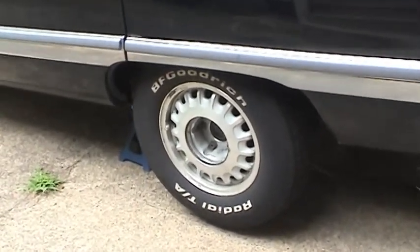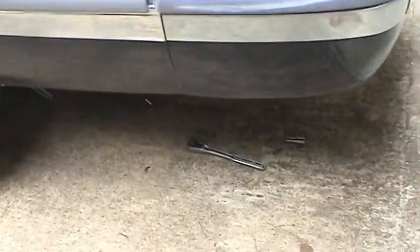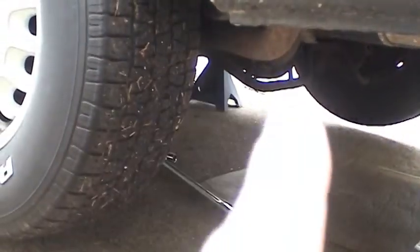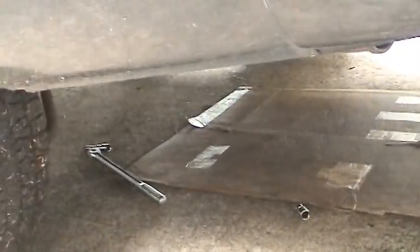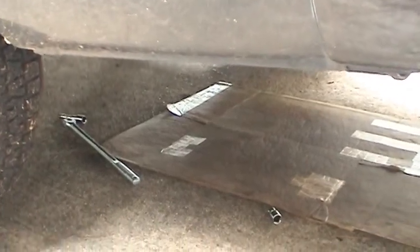And that's because today I'm going to go ahead and change the rear axle fluid. I don't think it's ever been done on this car, and it's not too hard of a job. You're going to need a 1/2-inch socket to loosen all the bolts around the cover, as well as a 3/8-inch extension to check the fill plug. So before we get started, I'm going to go ahead and